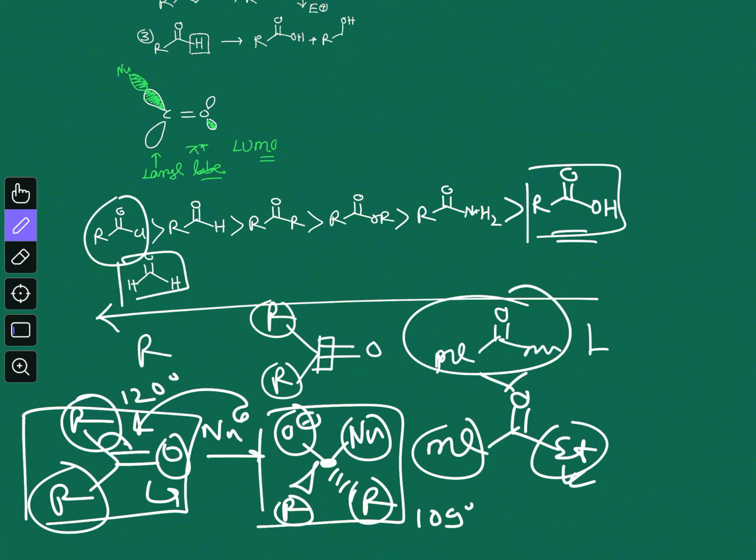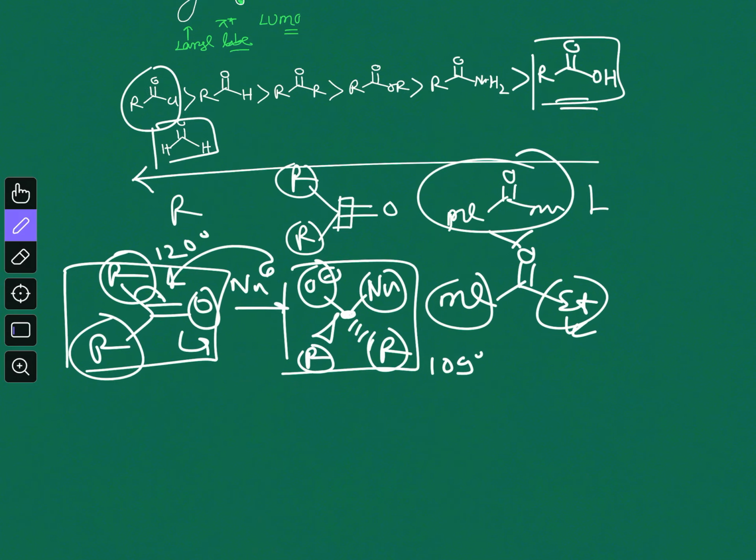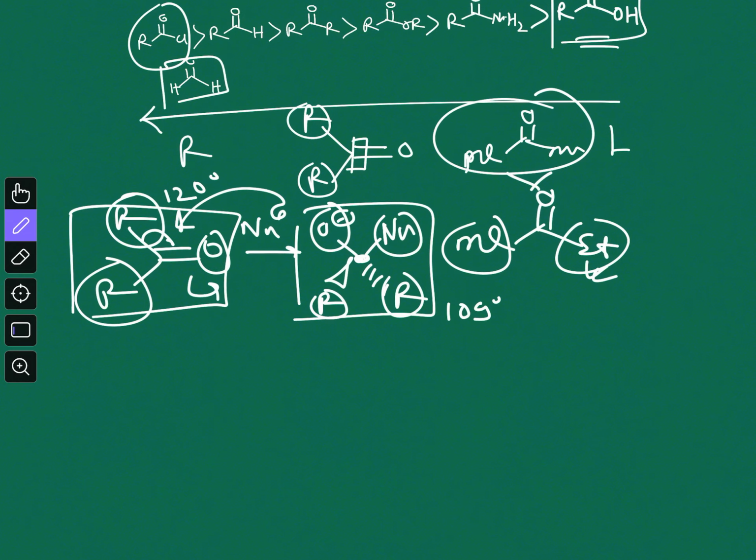So you can see the steric hindrance actually increases in the transition state and also in the product, or in this case in the intermediate. That's why as the steric crowding increases on the carbonyl carbon atom, the reactivity decreases. So these are the two factors: one is the electron deficiency of the carbonyl carbon atom, and another one is the steric crowding. Now how steric hindrance plays the role we have seen. Now let us see how the electron deficiency plays the role.